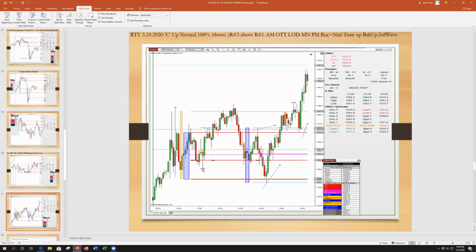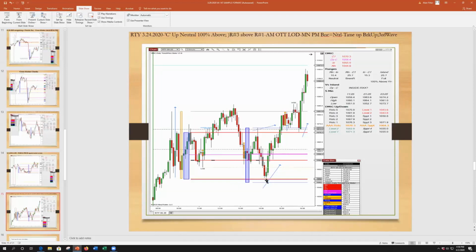Now we got an LOD signal here, and this signaled an upside movement, so the market wasn't quite ready to get to the low yet. And this upside movement went quite a way up, actually. It went 35 Russell points off that lower day movement. Going back to around 2:15, the market bounced off the R1 low.